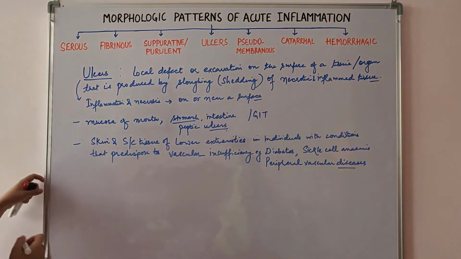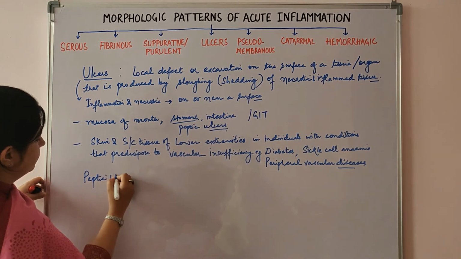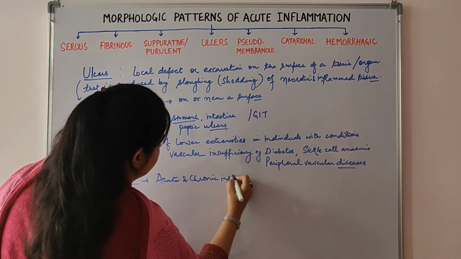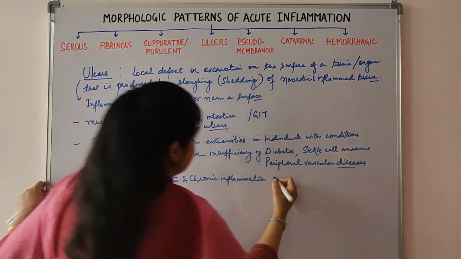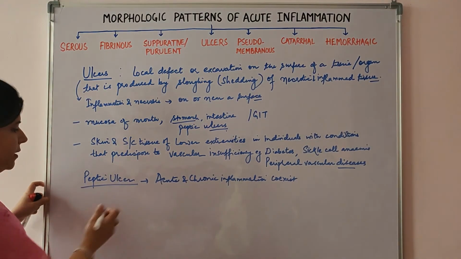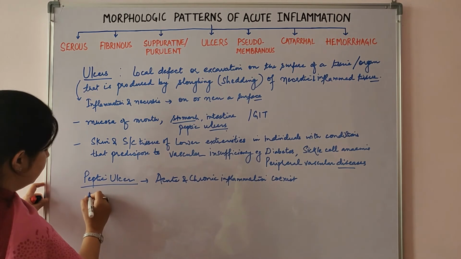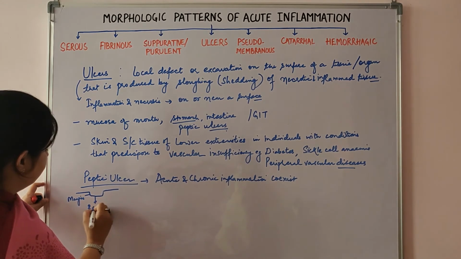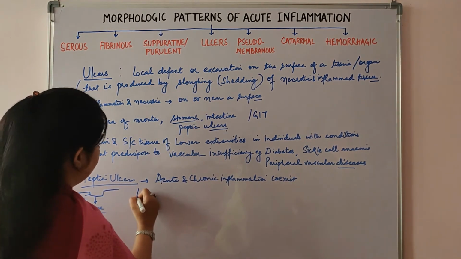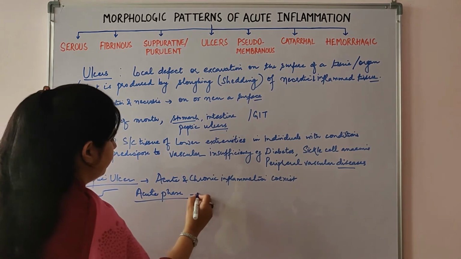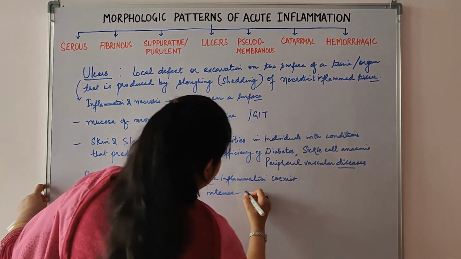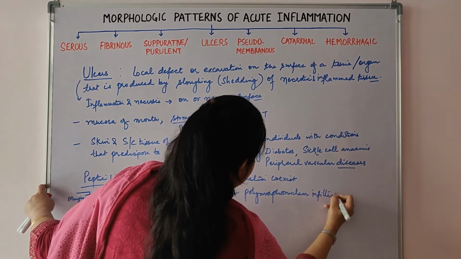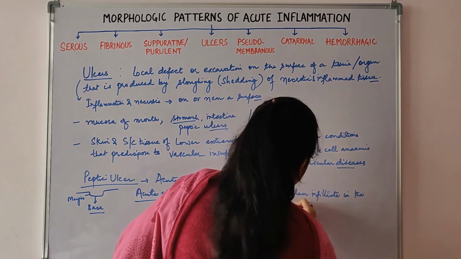So for morphology, let's take the example of the peptic ulcer. So here both acute and chronic inflammation coexist. In the acute stage, the ulcer has the margins, these are the margins, and this is the base. So in the acute phase, there is intense polymorphonuclear infiltrate in the margins of the ulcer,